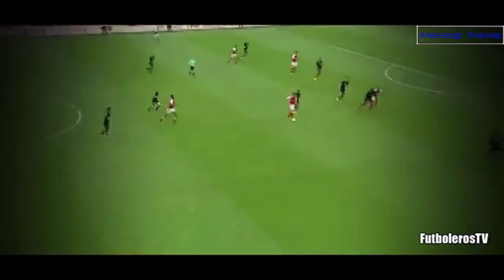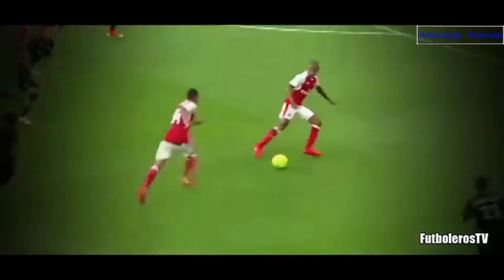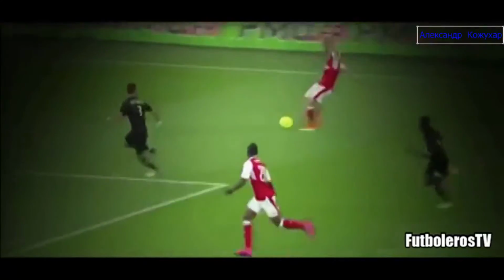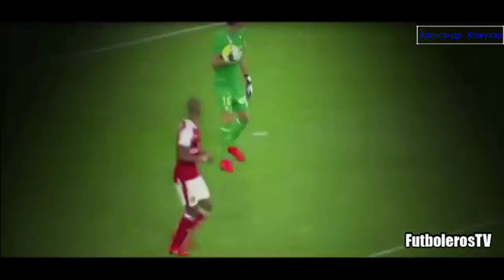Organised and solid in defence, so it'd be interesting to see what happens. Walcott trying to peel away. Good challenge coming in. Arsenal and that Walcott opportunity. Yeah, I just think there, if he just gets his... I think they'll be less likely to, just because of the fact that they've got their first game next week, Tim. I think they'll be looking for their starting 11 for the start of the season, maybe to be finishing